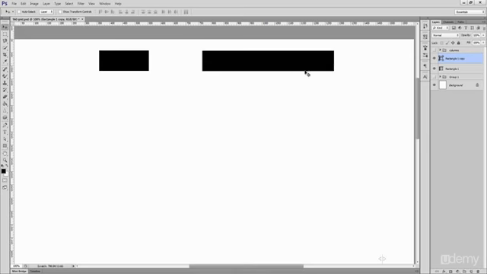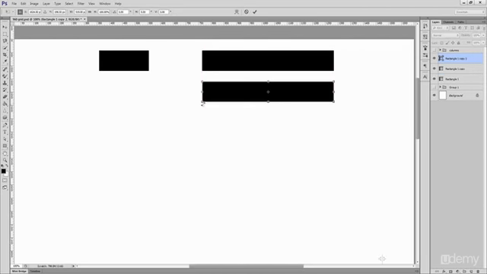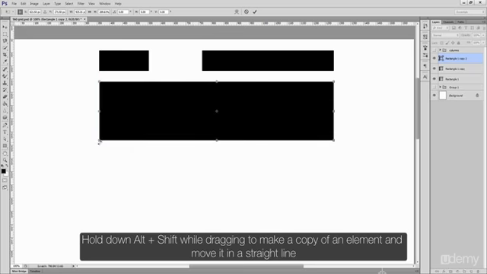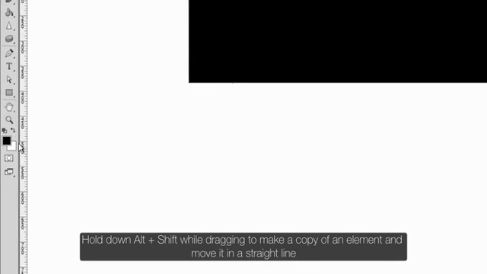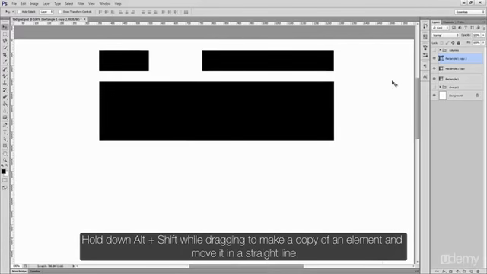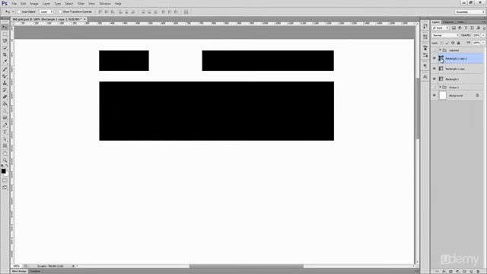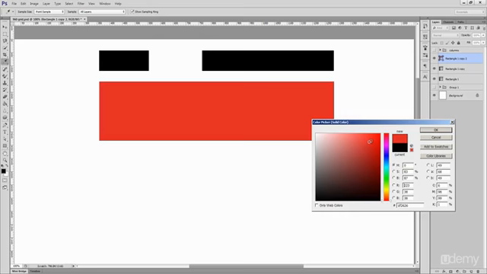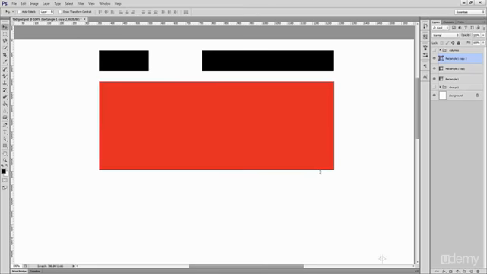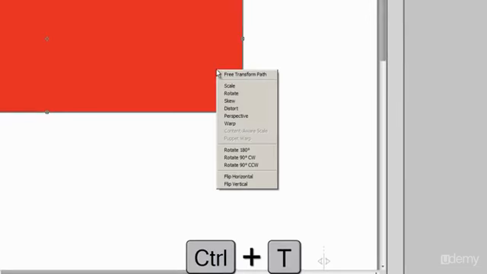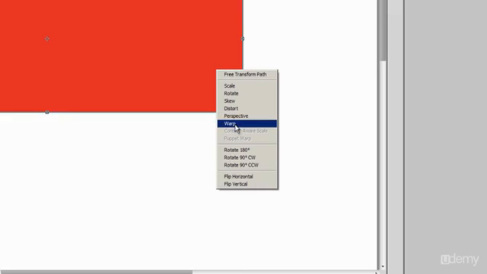Drag multiple objects across the screen that represent the logo, main menu, slideshow, content area, and so on. The color of the shape is dictated by your foreground color. After you've placed it on the canvas, double-click on its thumbnail in the Layers panel to change its color. You can use Ctrl-T to resize it as you want. Plus, you can modify it even further by right-clicking and selecting one of the presented options like Skew, Perspective, Distort,